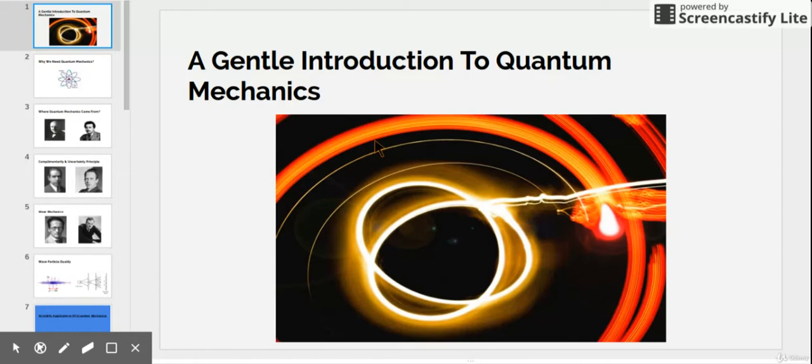Then we'll look at the applications of quantum mechanics to technology. For example, microchips, lasers, MRI machines, quantum computers, quantum encryption, and quantum communications. And we'll end this course to gain a keen insight into nature by understanding how quantum mechanics is absolutely essential to understand the laws of nature.